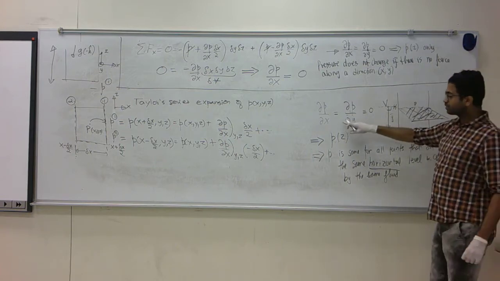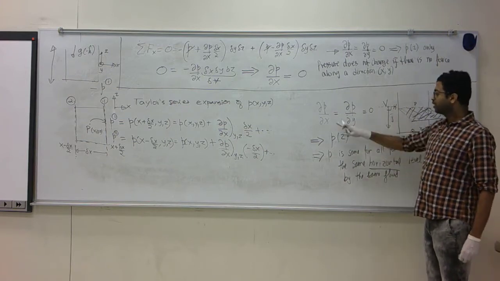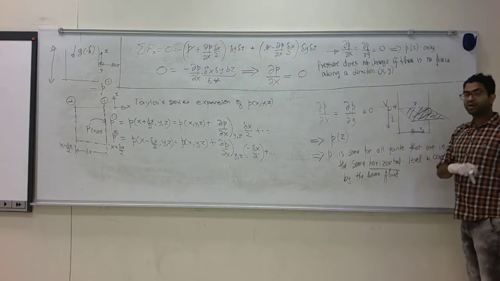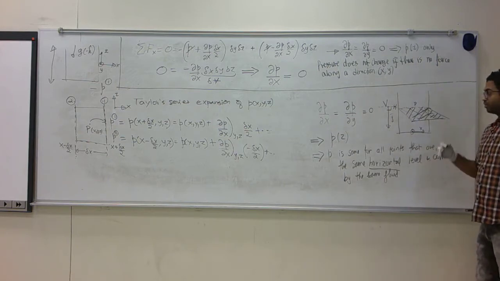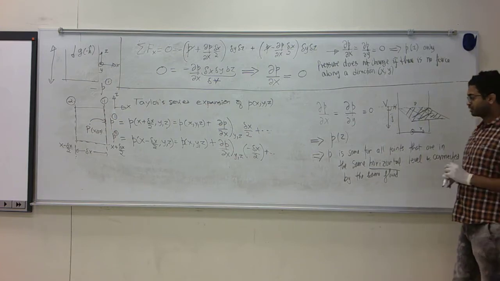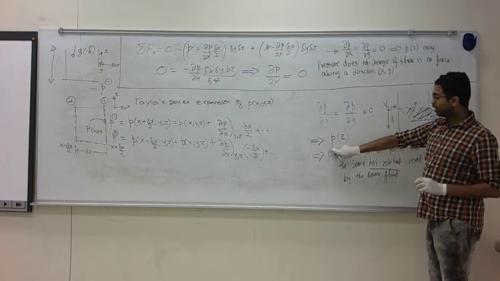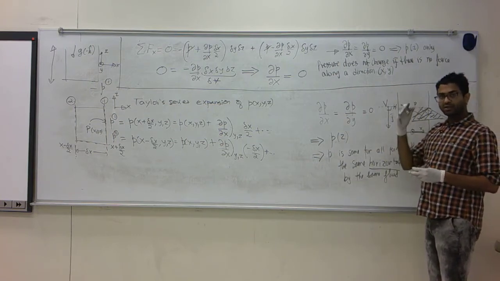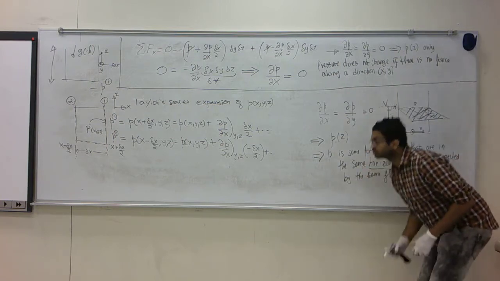That's the takeaway, because partial P over partial x and partial P over partial y are 0. Gravity or any force is not acting along the x and y direction. So we are left with calculating the variation of pressure with z, the height coordinate, and that's the thing that we will do next.